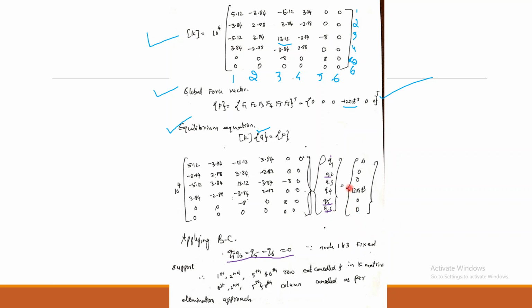Since those are fixed, you need to eliminate those columns and rows, which is similar to what you have seen in the previous bar problems. Like this you have to eliminate all the terms. Once you eliminate that,